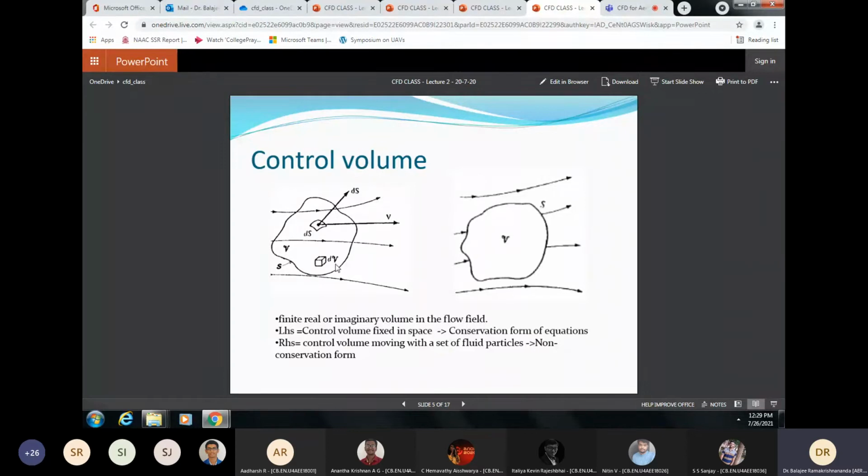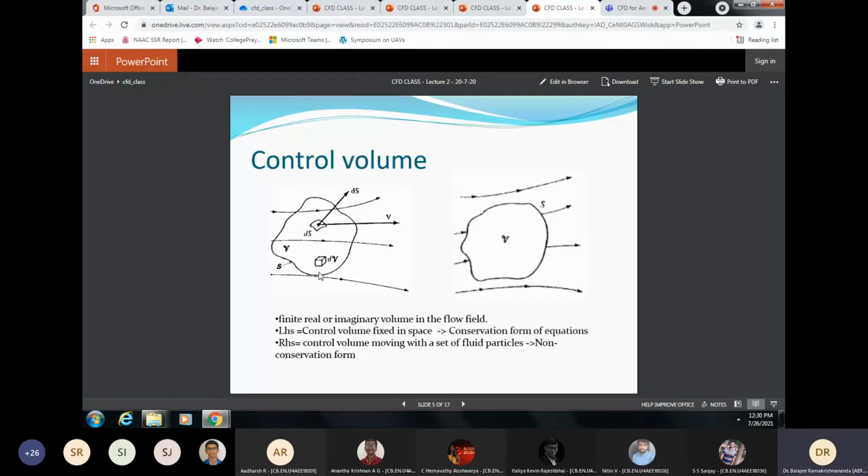Usually, we bother about the surface of the outer volume. Nothing says that you should not consider the small volume also. You can consider either the large volume or the smaller volume inside the volume. Whatever you do, it will be called a control volume. The control volume can be anything. Now this control volume is a volume which is fixed. It doesn't change with time. But the particles moving in and out of the control volume may have different properties at different points in time.